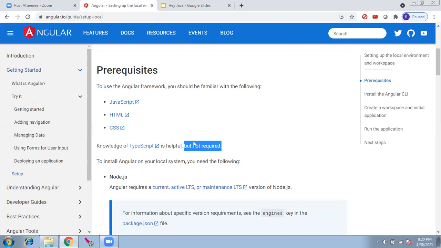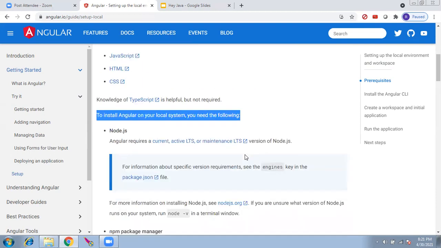There is something called responsive in web terminology, so I wanted you to know. I will link that with Angular later, but it has no connection with Angular for now. Okay, so to install Angular on your system, you need the following: